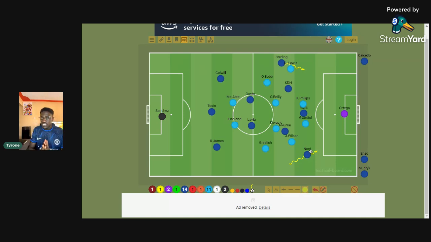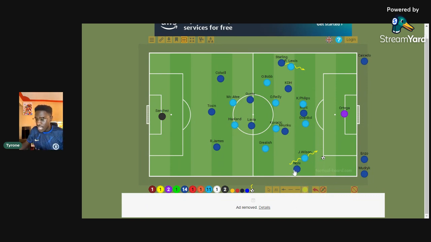Number 2, Chelsea need to have attacking wingers. And I have always explained, and I'm going to do a video on why Chelsea will be deadly with a positional play system. When they have two wingers, they have players who are very good at 1v1 duels, and they are very fast. So when you have Sterling and Noni Madueke in these wide channels, you have players who are able to receive the ball and take on their fullbacks. These players are able to receive the ball, make dummy runs past their fullbacks, and manage to find themselves in attacking positions.